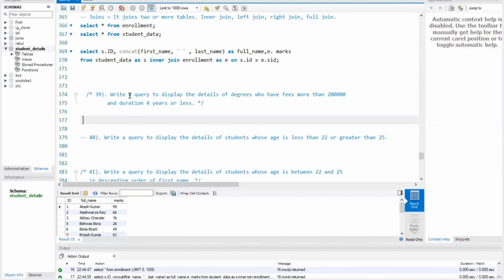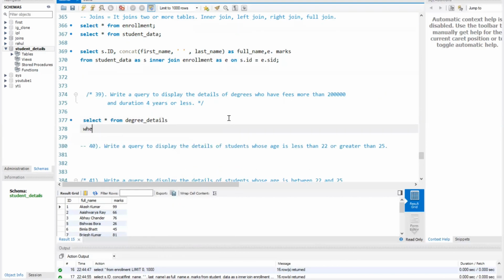The next question says, write a query to display the details of the degree. Select star from details of degree, right? Degree details is the table name, who has full fees. So from is done. Where what is the fees? So fees is more than 2 lakh,